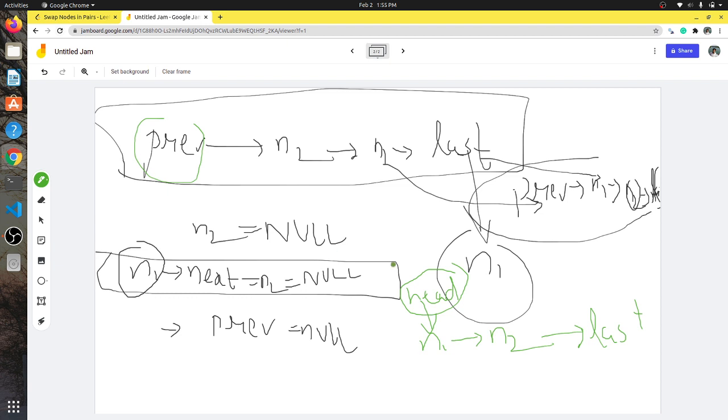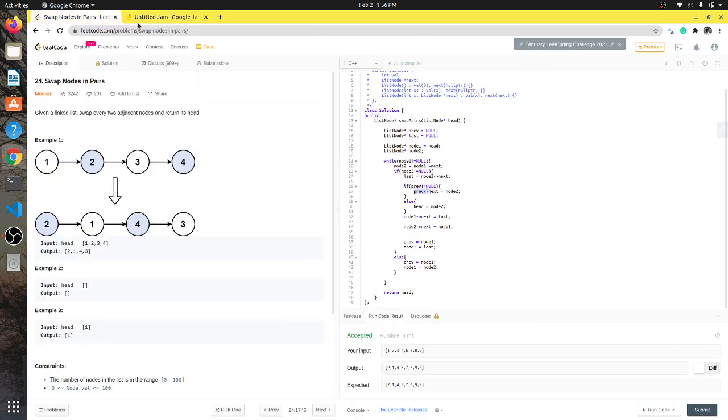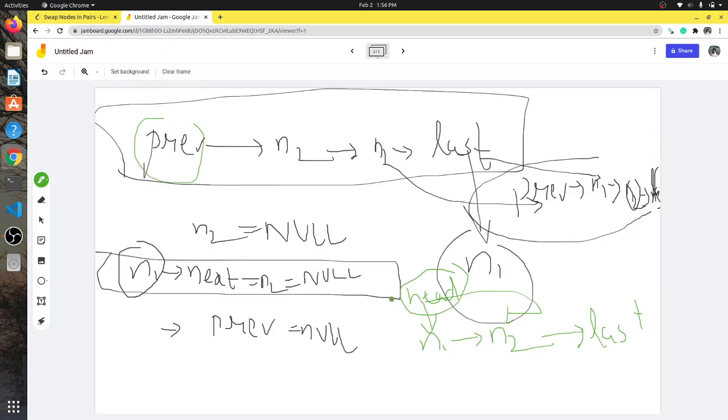So if we have to swap, then we can swap, and instead of the previous next equal to n2 step, in that case we directly set head equal to n2.